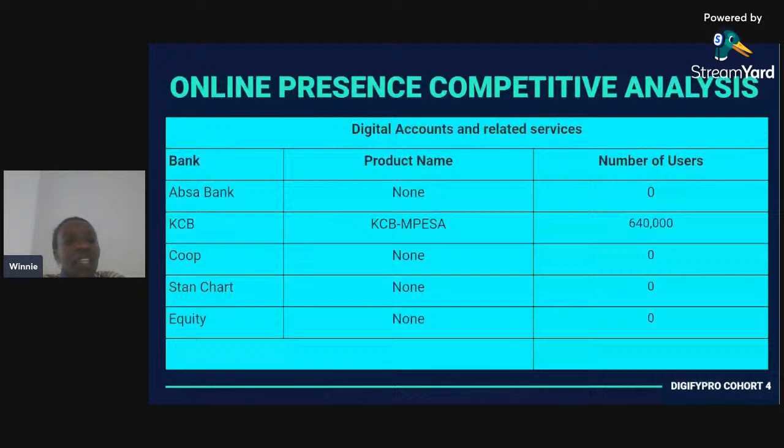So remember, one of the goals is they wanted to champion their digital product. So they went and looked at competitors to find out which of these competitors have digital products. Remember, online banking is different from having a digital product. That is why you can only see here in this category, you only have KCB and PESA. And what is the number of users they have seen there. So the rest of the banks did not have the digital product. So now, at least this will help you to know the kind of people or how the market looks like.